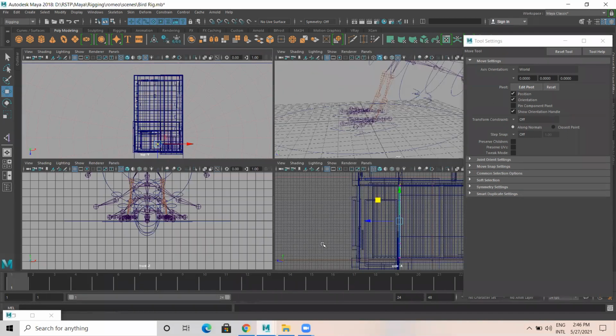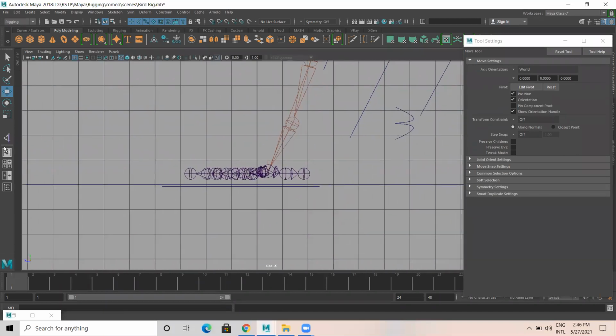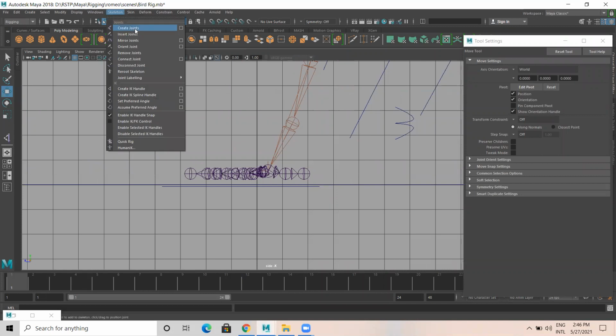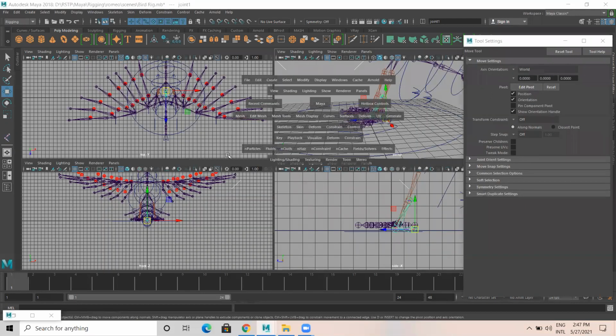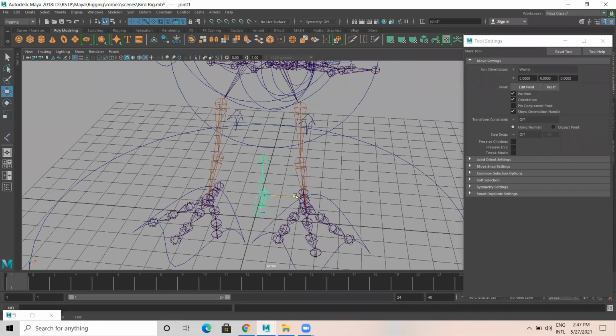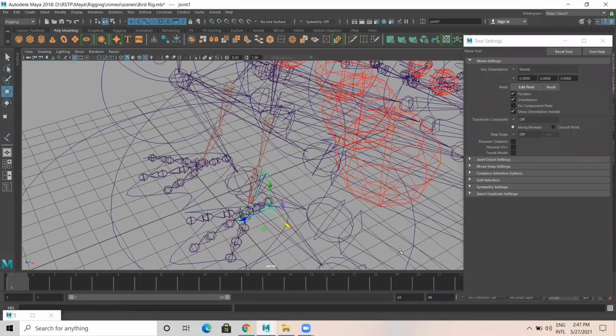So what I do is go to create joint. First is heel. We don't have any toe part here. Heel, ball, ankle. Up to here you do. Let me do one thing. I created heel.